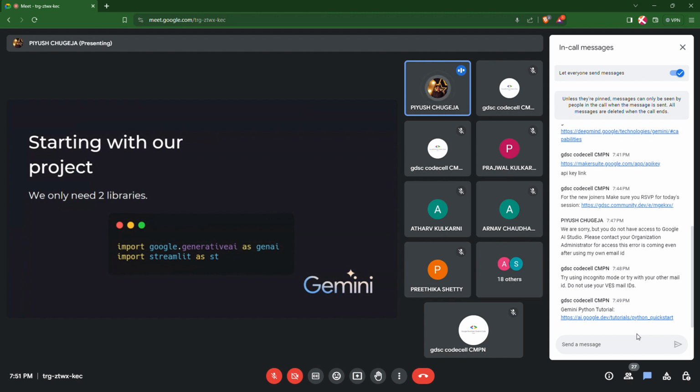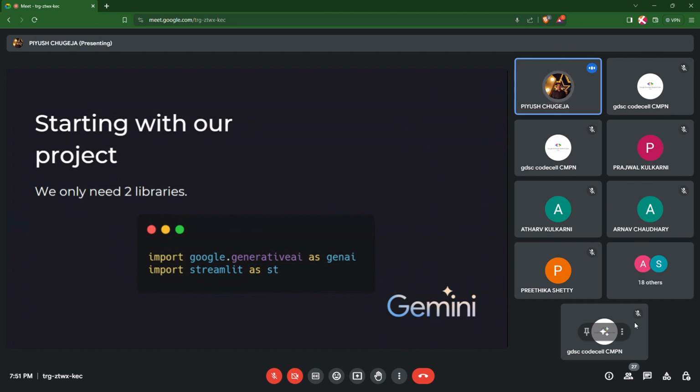Okay, there are a few questions I'd like to answer. Ashish Golsangi says, can you show me what to do after creating API key? Ashish, as of now, you have to do nothing. Once you have the API key, just save it somewhere or copy it so that you can use it again, so that you don't have to go to the website to copy it again. All right.